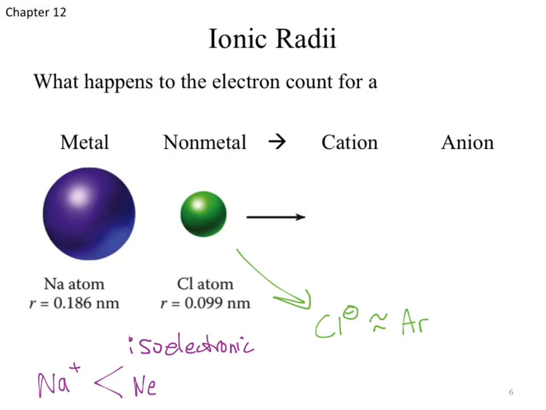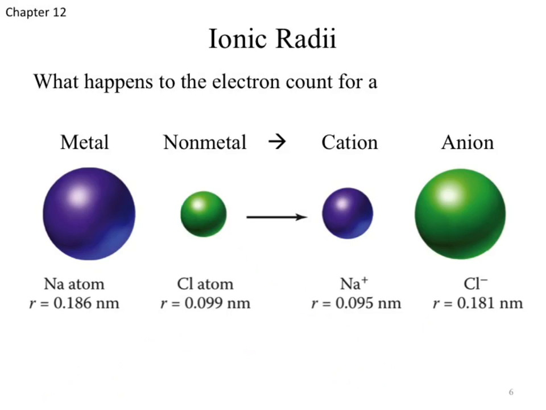No. So what's the end result? It's going to get bigger. We are adding that extra electron, and there's nothing there to hold it tighter. So our size gets bigger. We would expect our chloride ion to be bigger than argon. Okay? Our end result is we could now look at the pictures and we could look at those radii.